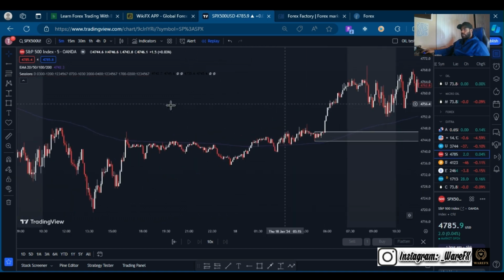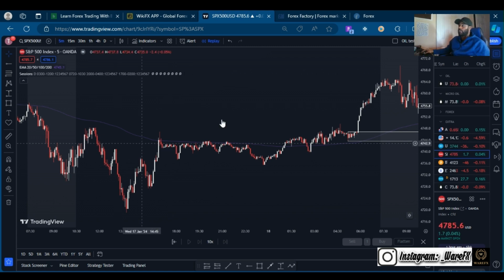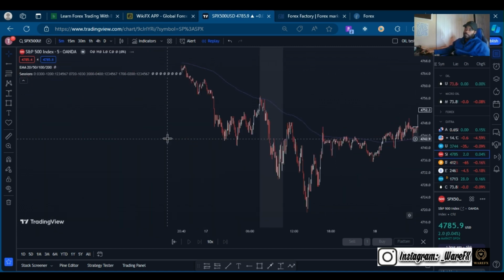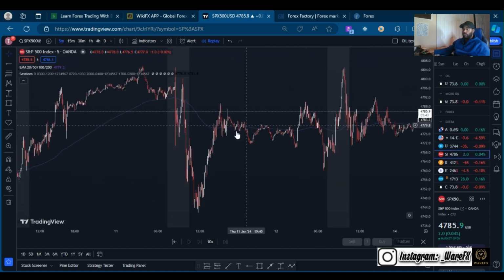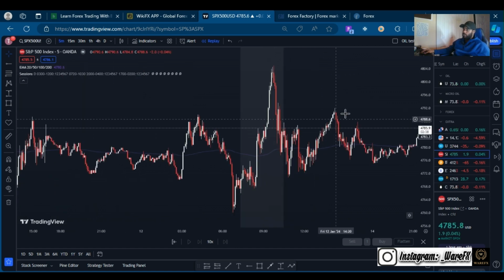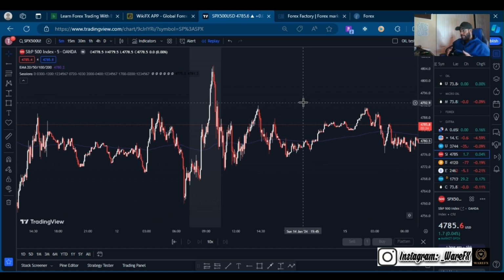So TradingView is very useful. You can do multiple things on TradingView. You can go back in time and see what your pair did previously. You can add indicators. There's a lot of things you can do on TradingView, but the most important thing that you're going to be able to do is look at the price action of your pair and get the price action off TradingView